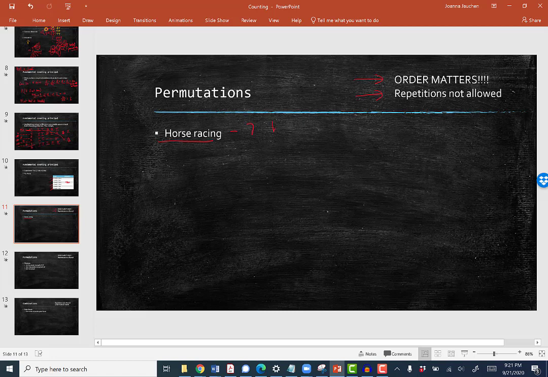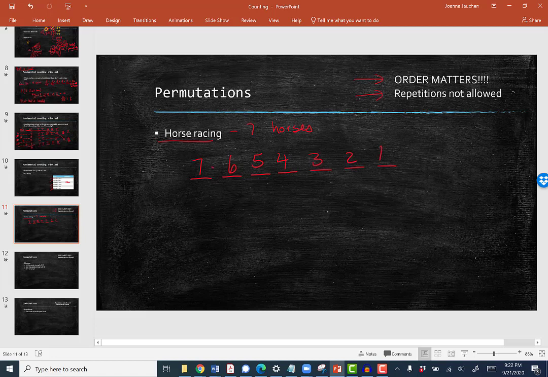A great example of this is if I'm doing horse racing and I have 7 horses, right? And again, order matters in horse racing, so it matters who comes in first, second, and third. And so I have these 7 spaces. If I think about how many possible ways there are for a horse to come in first, if I have 7 horses, there's 7. But then for the second space, I can't have 7 horses anymore because one of them already came in first. So I have 6 horses that can come in second, 5 horses that can come in third, 4, 3, 2,